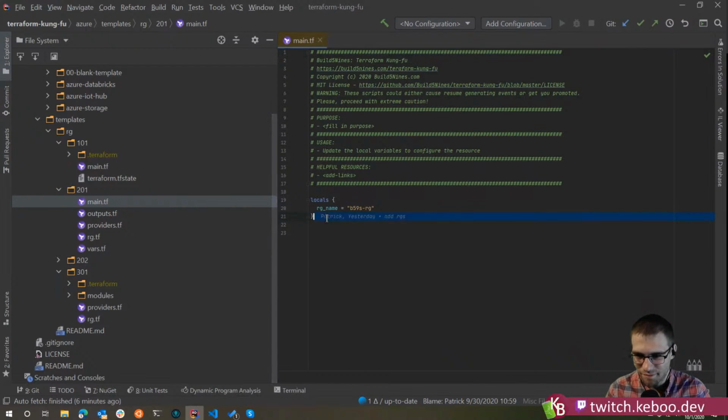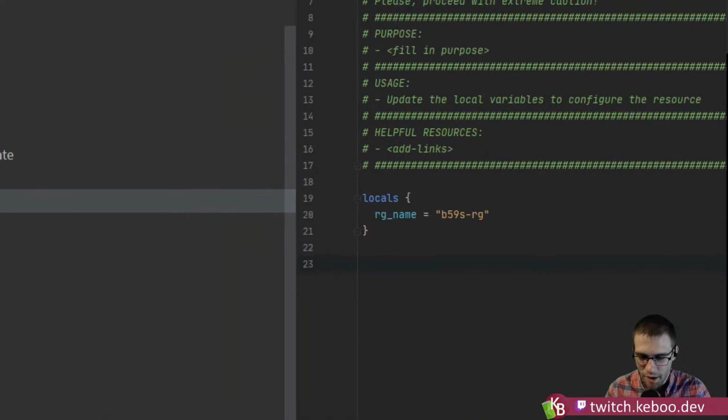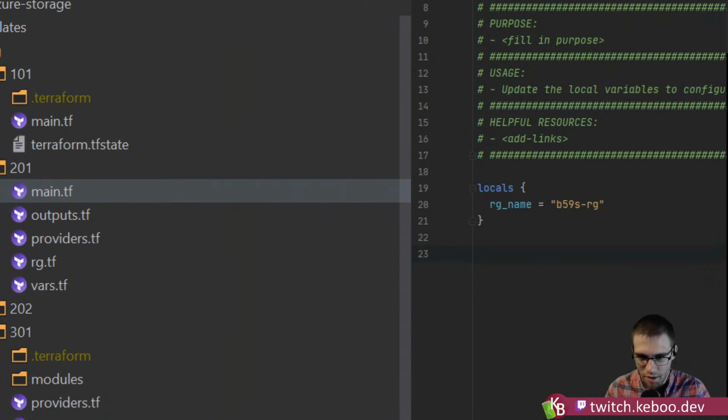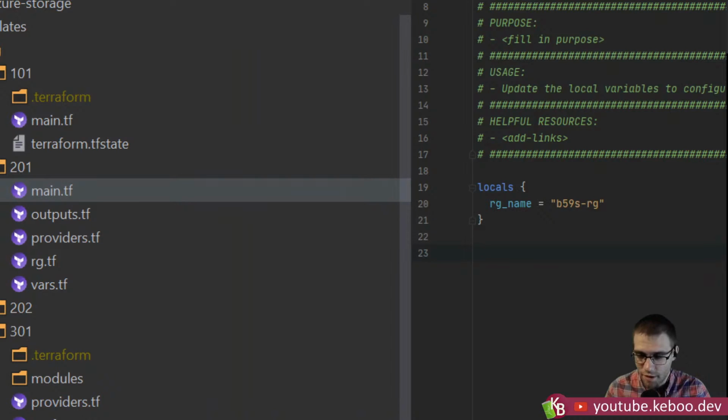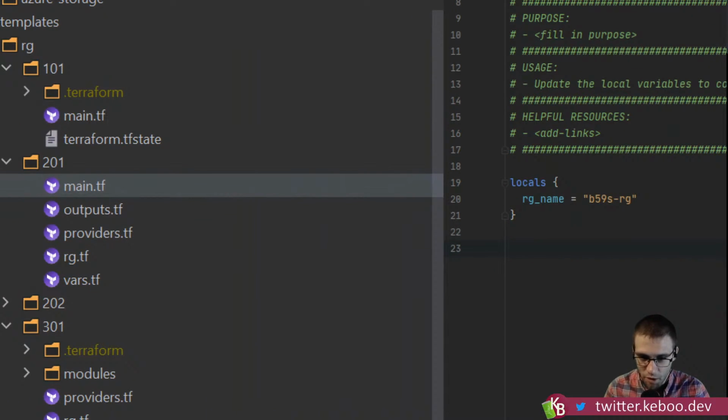So the first thing here is we have something in main called locals. So what the heck is a local? On this one we started breaking it apart, because just hard coding everything in one place is a bad idea, obviously. Inside of main.tf, Terraform allows you to declare variables that are, in this case, local to this directory. So when you see locals, those are all the variables that are available for you to declare and use throughout all of these Terraform files.